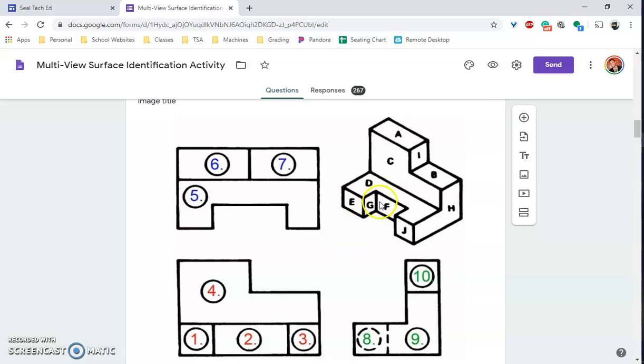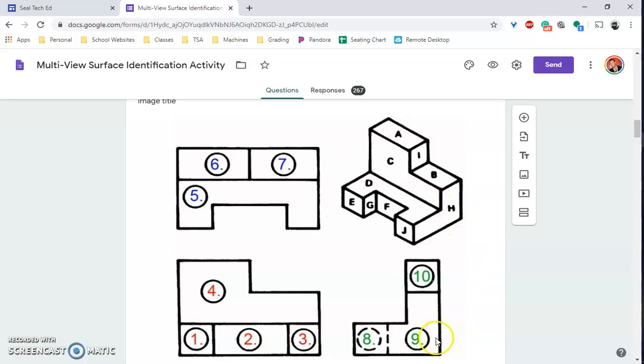So it's looking at it from the front view. This is looking at it from the top view, so straight down. And this is looking at it from the right side view. Now, what you might find a little confusing on this is that this one is dotted. If you know what a dotted line means, or a dashed line, whatever you want to call it, that is a hidden line. Meaning, what is right in this location behind this wall? So if I'm looking at the right side view, that's this, and looking at it from this way,